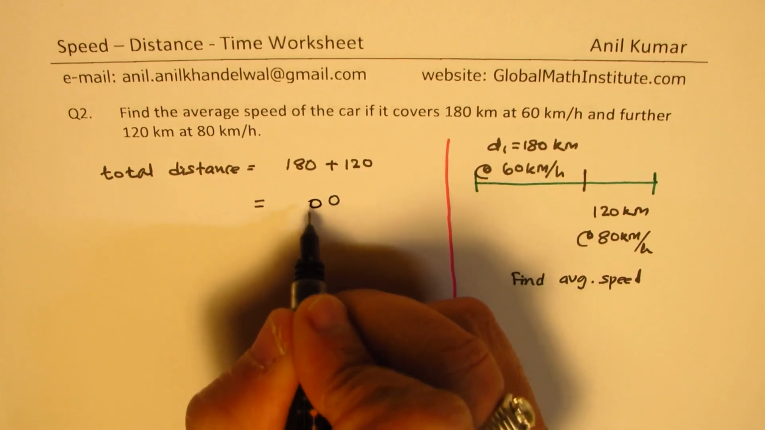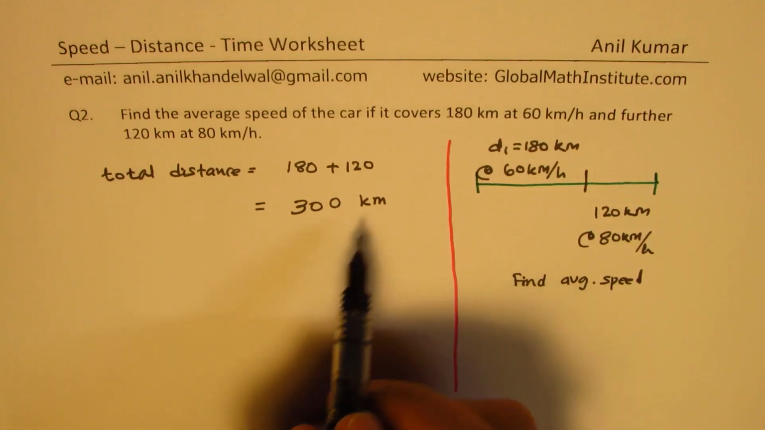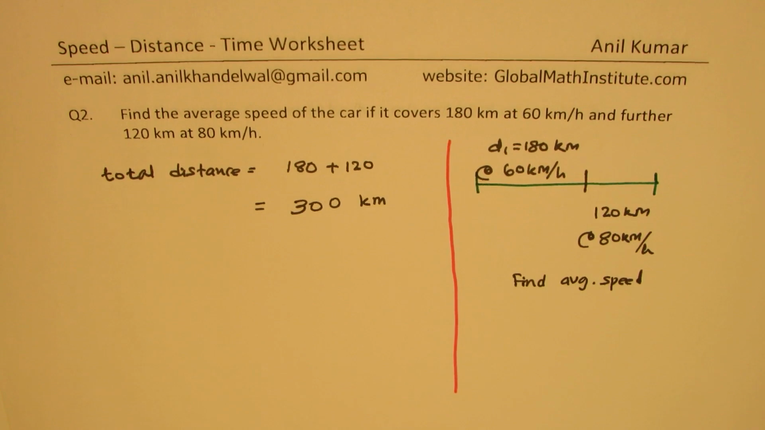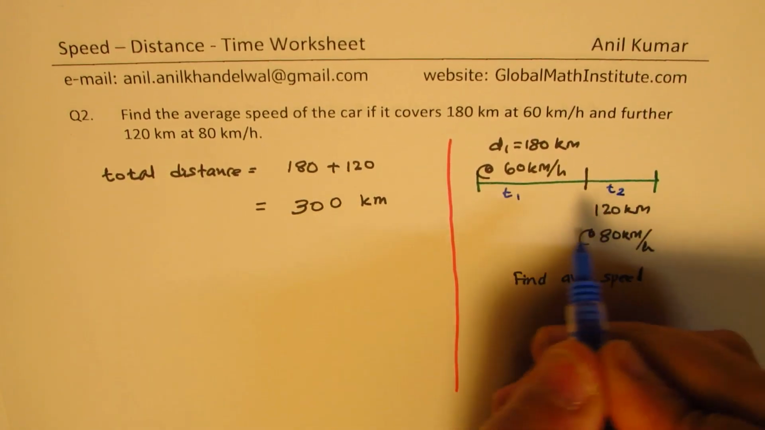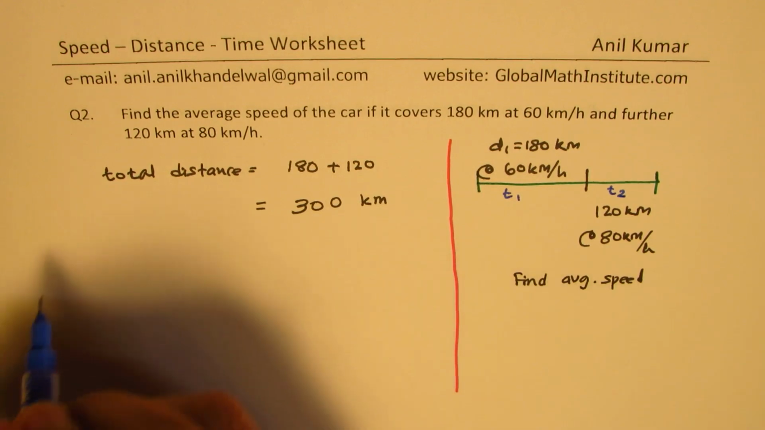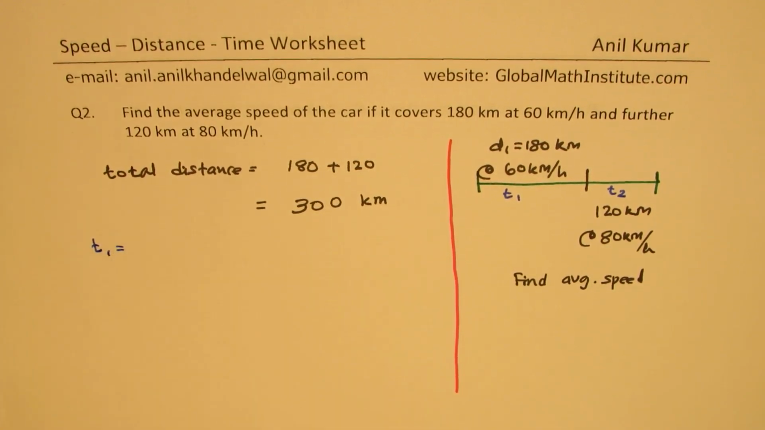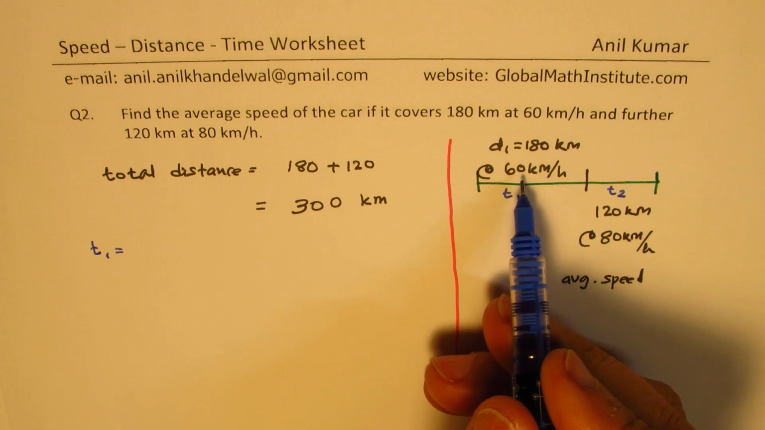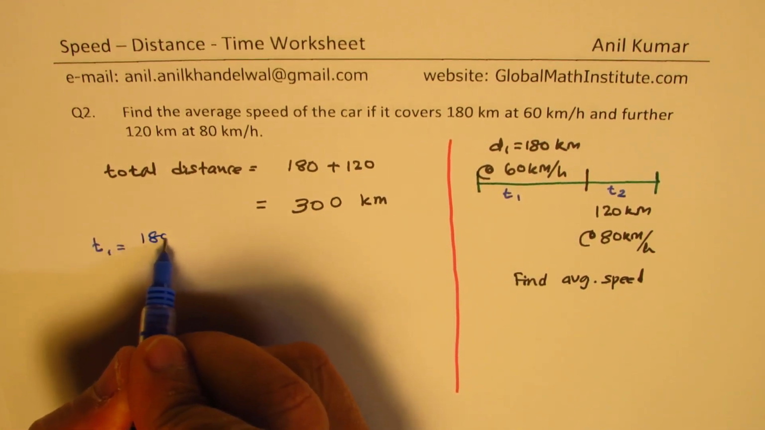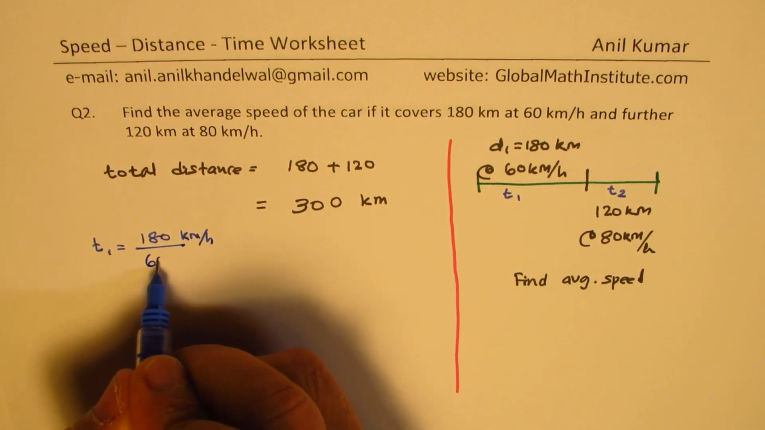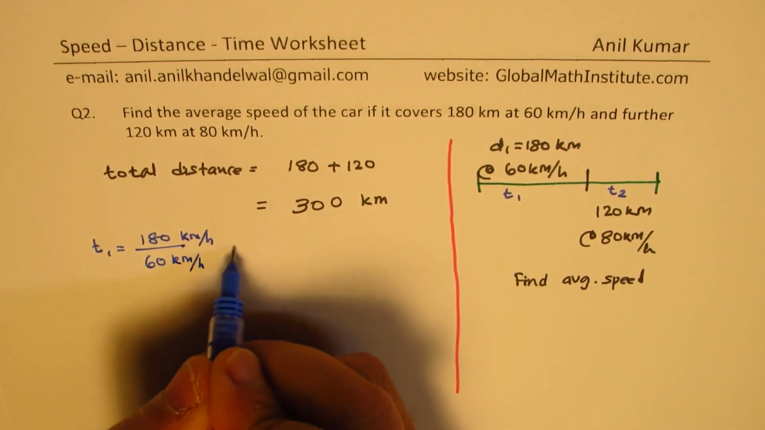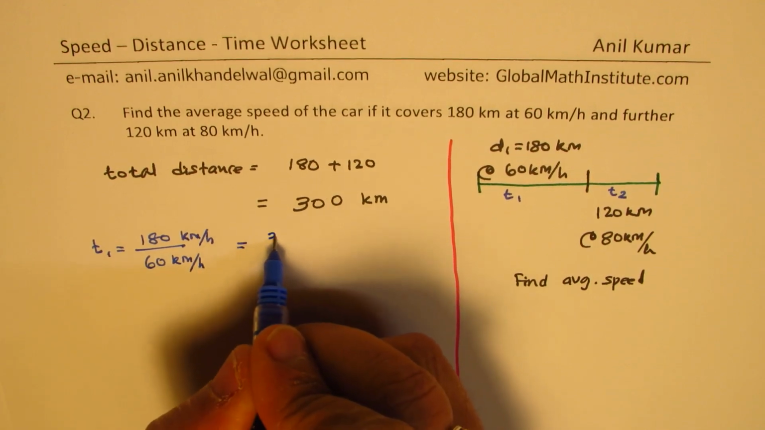Right? So it is 300 kilometers. We need to find the time taken, right? So let's say that the time taken for the first part of the journey is t1 and for the second part is t2. Right? Then t1, the time taken in the first part of the journey, is distance divided by speed. So it will be 180 kilometers divided by 60 kilometers per hour, and that clearly gives you 3